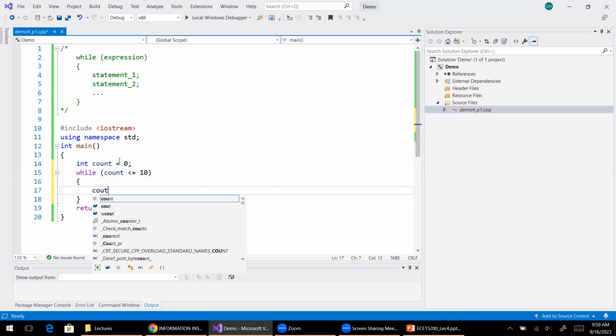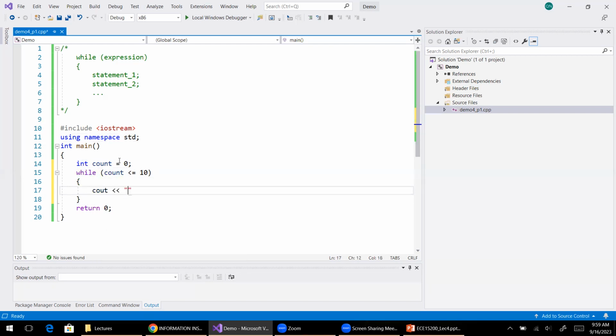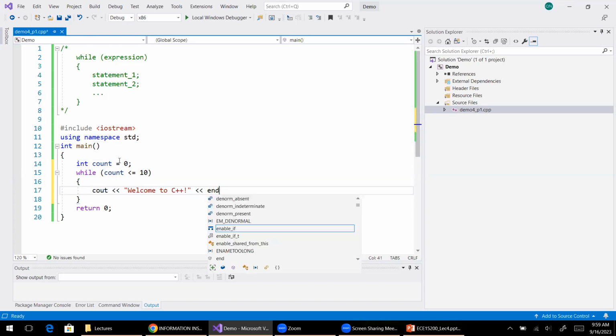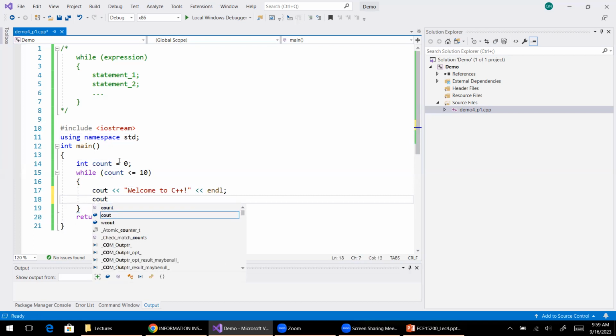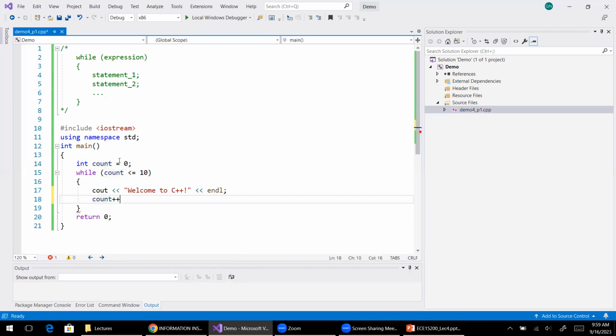And then I will write here "welcome to C++", right? And then I have to write this count plus plus, which is equal to count is equal to count plus 1,